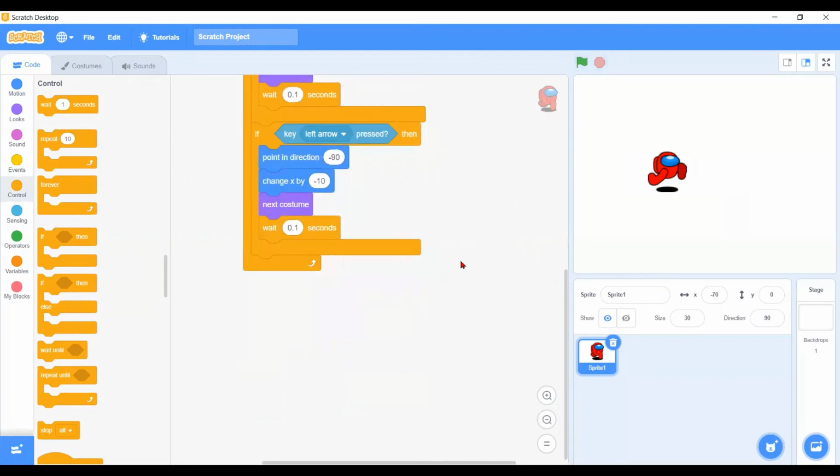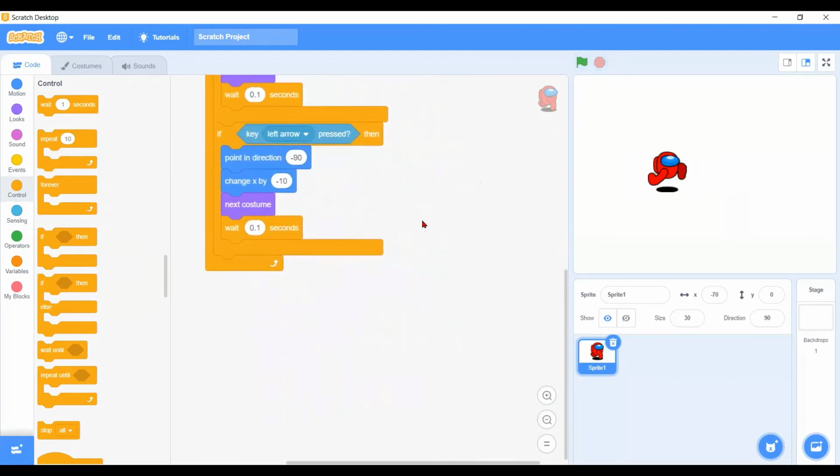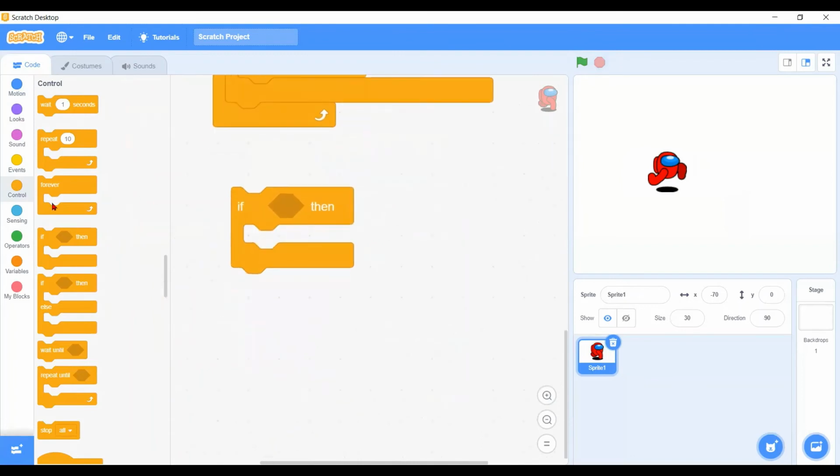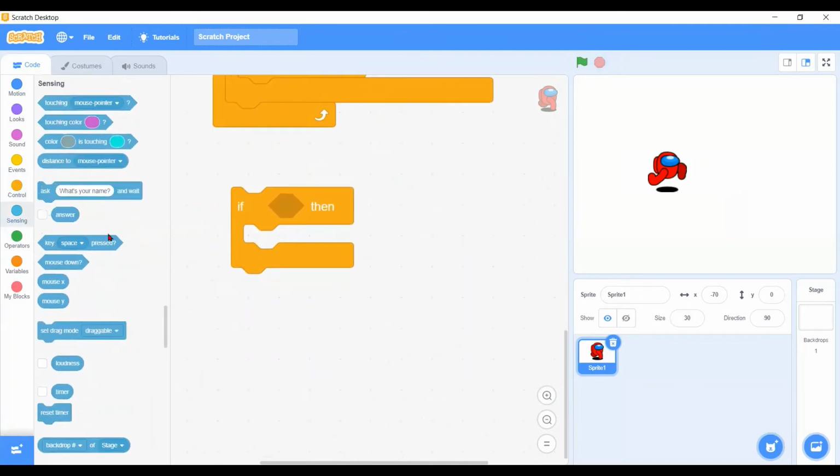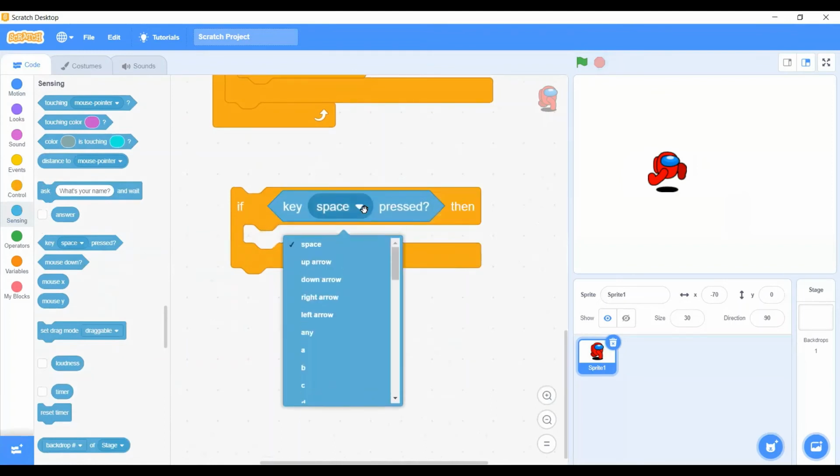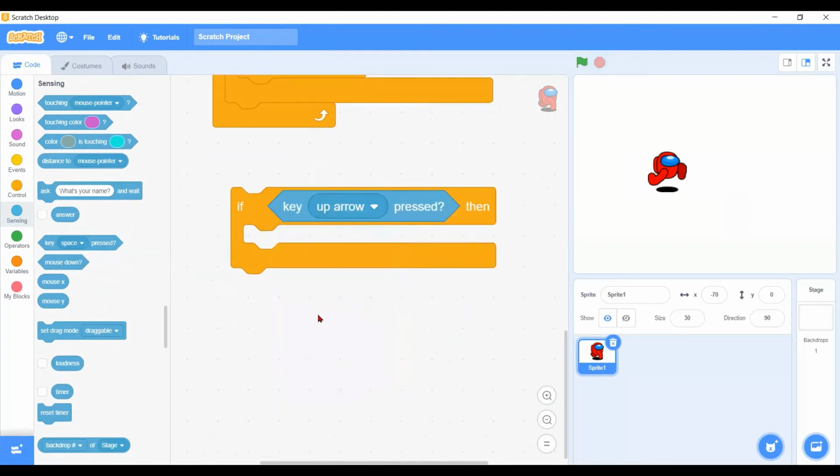Now, can you do it yourself for the up button with the same thing? Yeah, we try together. First of all, go to the control and take an if out. And then under the if, go to the sensing, take out the key space press and change the space to up arrow. Okay, this time when the character is moving up or down, there's no need to turn the directions. It just needs to change the